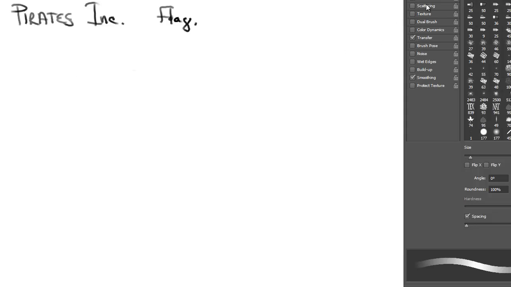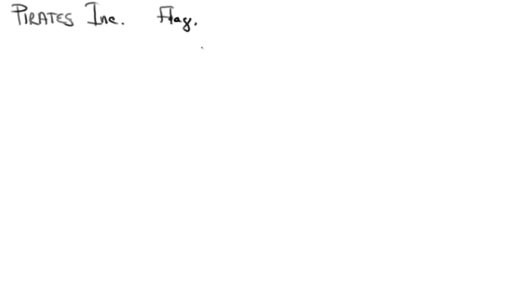So say we have a, let's see here, it would help to actually use a brush here. Okay, so say we have a company, we'll call it Pirates, All right, Inc., and they want a new flag generation. A thumbnail is nothing more than a generation of ideas. So they want a new logo for their flag. So you start out with the typical skull and crossbones, and